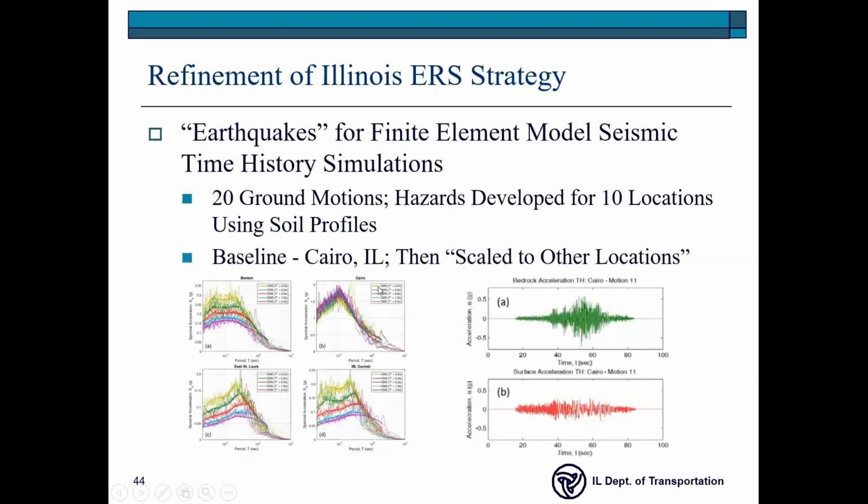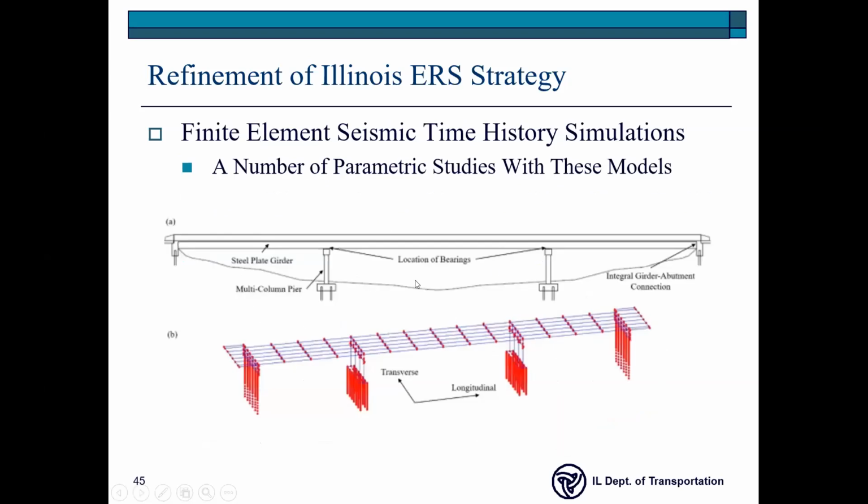Okay, and of course we get a lot of data, and of course those of you who are graduate students are very familiar with finite element modeling. It doesn't matter if you're a structural engineer, transportation, hydrology, or whatever it is. Of course, we always like to do a lot of computer models. We get a lot of data, and we try to extend what we know using computer models. So our researchers at U of I came up with a bunch of different earthquake traces that we thought would probably happen in Illinois over time. And we subjected all of those